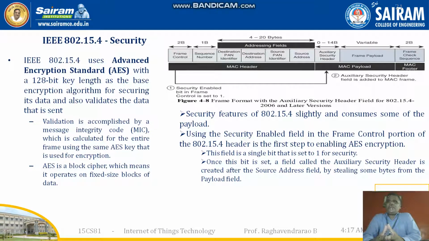Now you can see that the security features of 802.15.4 slightly consume some of the payload. Using the security enabled field in the frame control portion of the 802.15.4 header is the first step to enabling the AES encryption. This field is a single bit that is set to one for security. Once the bit is set, a field called the auxiliary security header is created after the source address field. Now you can see the auxiliary security field is created. Now you see that when this security bit is set, next there is the sequence number. Frame control is 2 bytes, so the sequence number